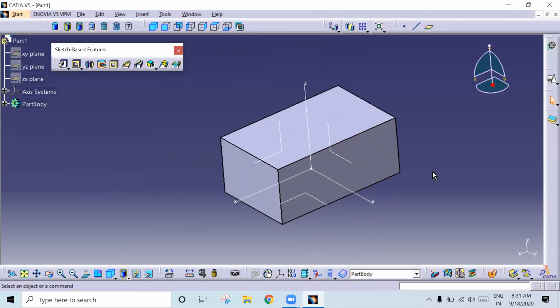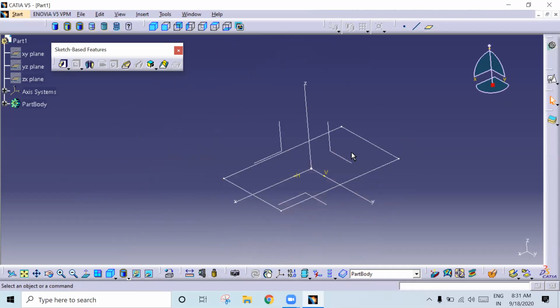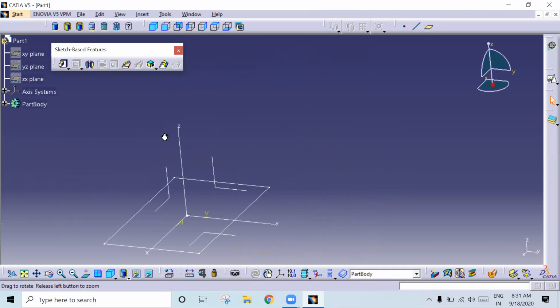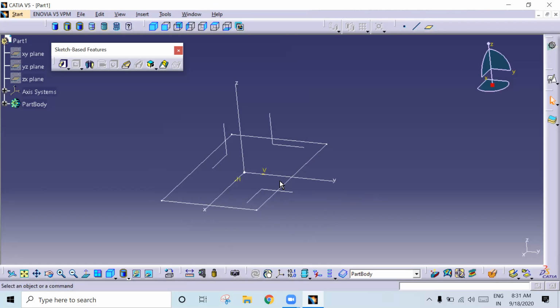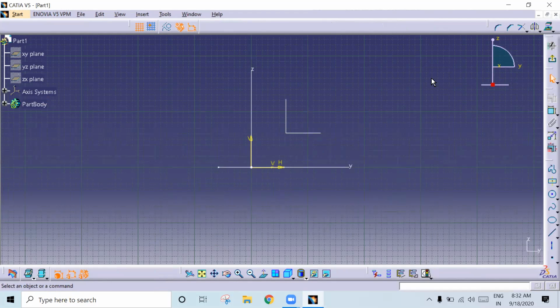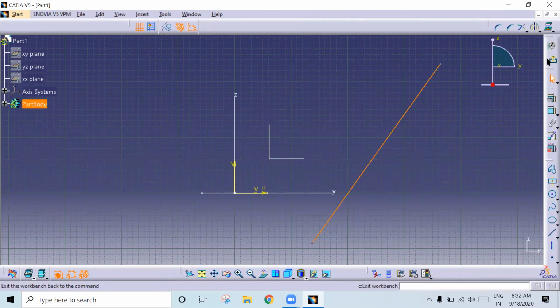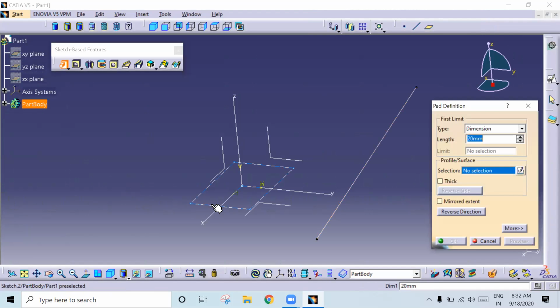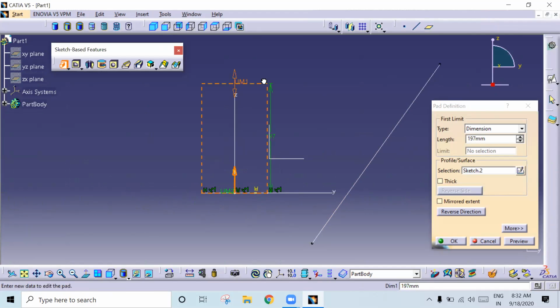So in this we have one more option. See, once you create sketch, so suppose if you want to add the material in your own direction, because material is adding perpendicular or normal to the profile, right? So suppose if I want, see, just select the perpendicular plane, go to position sketch and give OK. So here what I will do, I will create one own direction and exit. Okay. Now go to pad, select the material. See here, so I will select the front view. See, material is adding in this direction, right?